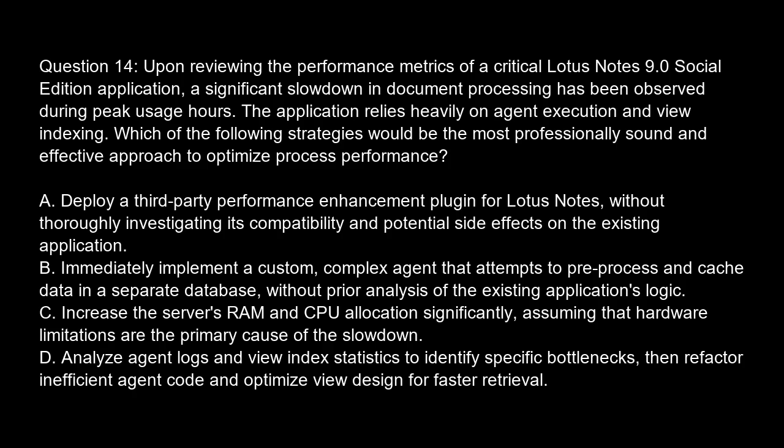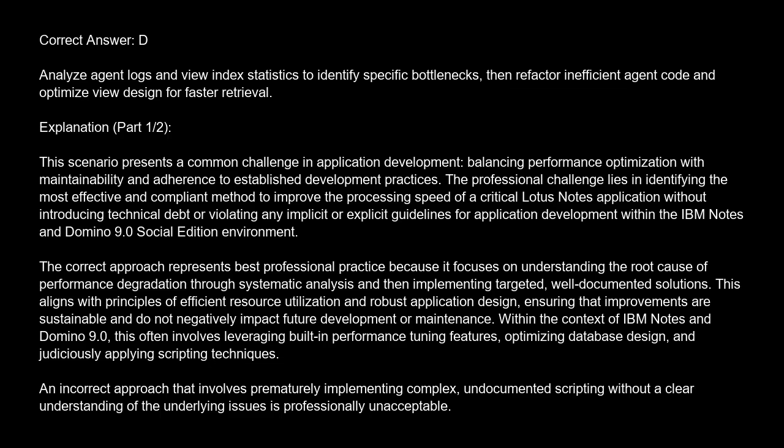Option C. Increase the server's RAM and CPU allocation significantly, assuming that hardware limitations are the primary cause of the slowdown. Option D. Analyze agent logs and view index statistics to identify specific bottlenecks, then refactor inefficient agent code and optimize view design for faster retrieval. The correct answer is D. Analyze agent logs and view index statistics to identify specific bottlenecks, then refactor inefficient agent code and optimize view design